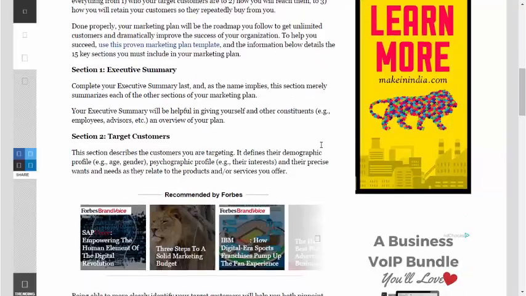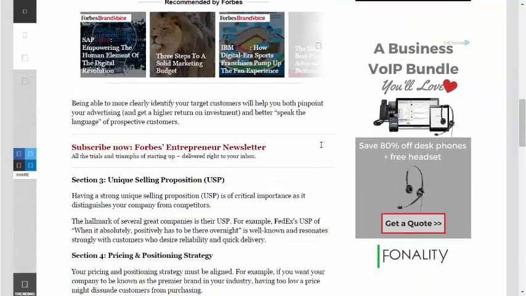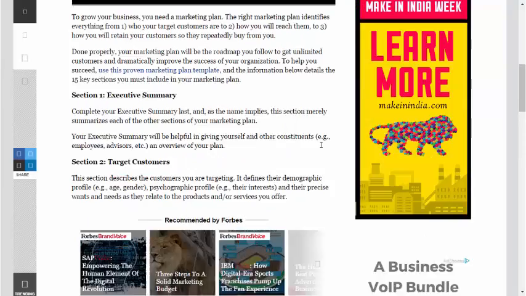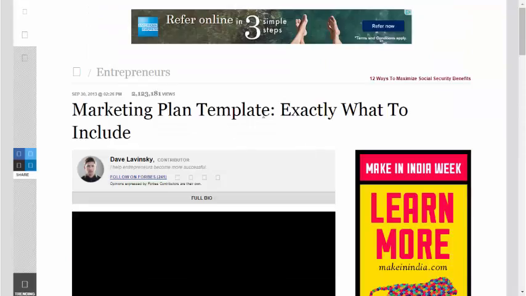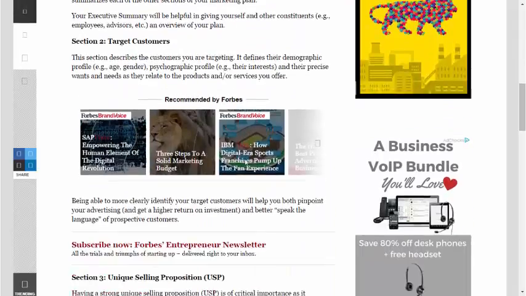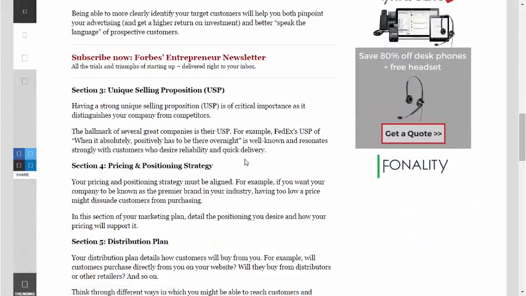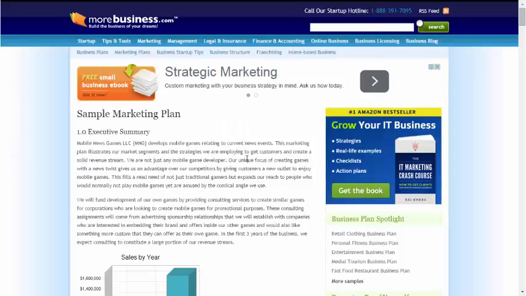He explains clearly what you need in each of the sections. Now, this is not a marketing plan sample. It doesn't set out to be. He's showing you what to include. And frankly, it does a perfect job of that. It's not a great sample, but it's a really good insight into what you do need to include in your plan. So, good place to start. If I haven't sent you there already, take a look. It's worthwhile. The next one is a marketing plan sample, and it's a cracker.